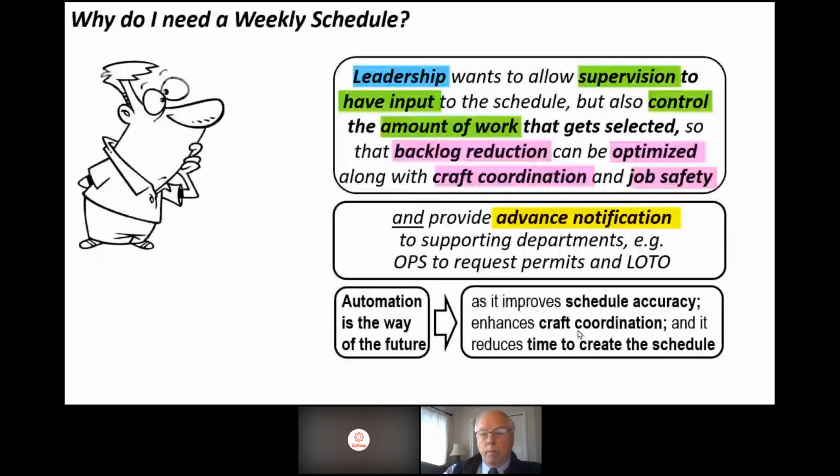Yep. So automation, in my opinion, should be the way of the future. It improves schedule accuracy, it enhances craft coordination, and reduces, most importantly, the time to create the schedule. I mean, the solution I haven't shown you yet, but it would run in a matter of seconds. It's not hours. All right. Weekly scheduling is an advanced